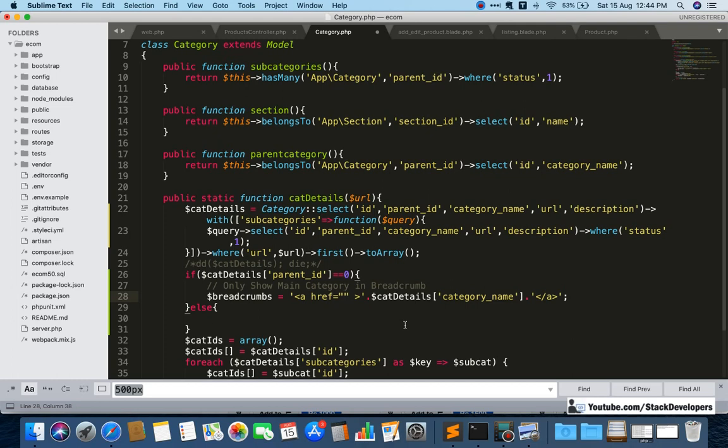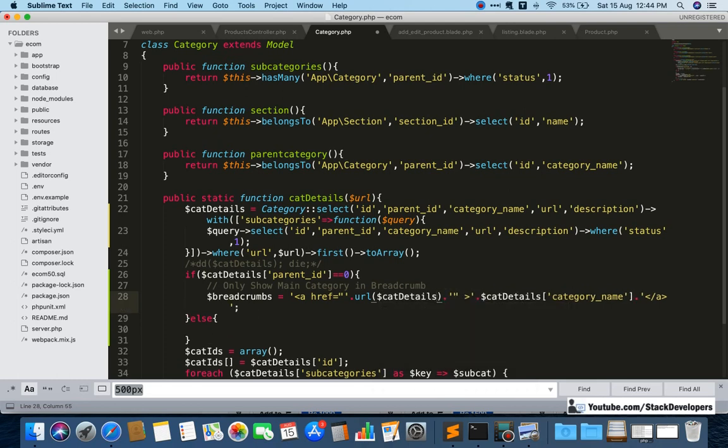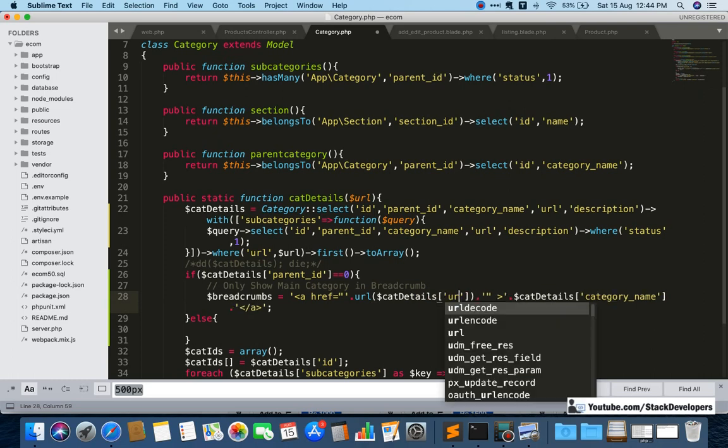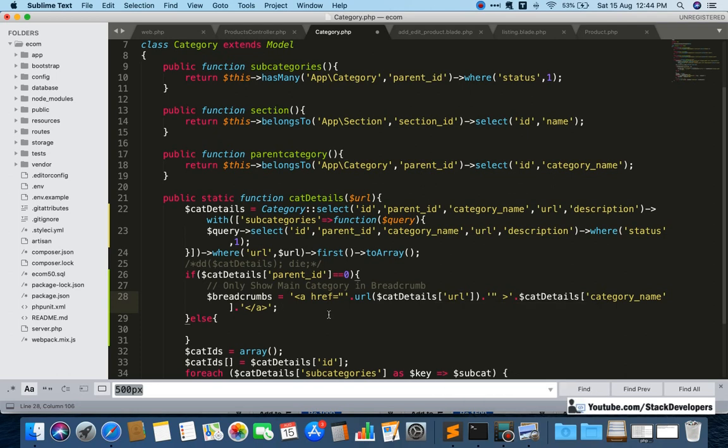Okay, so here we can define the url. In href we can define the url. So here we can simply add it like this, url, and in url we are having the url cat details once again, and its url is like this, okay. Now it seems to be fine. We can check once. I can echo, but we will do it later on.